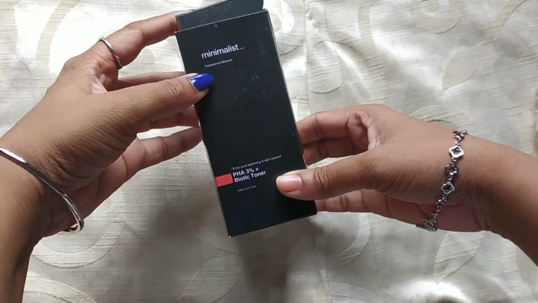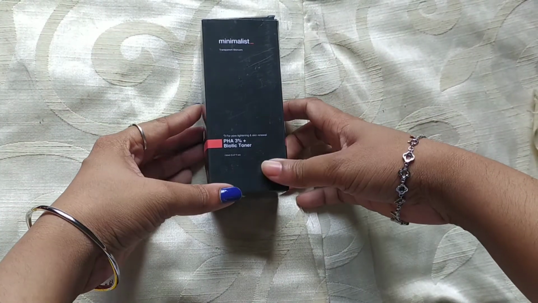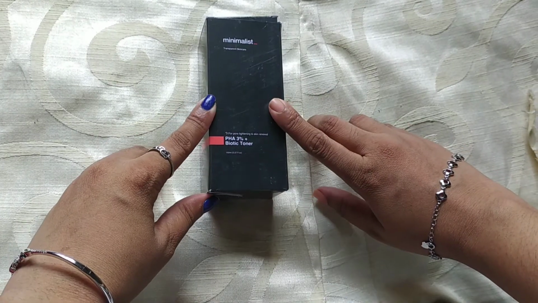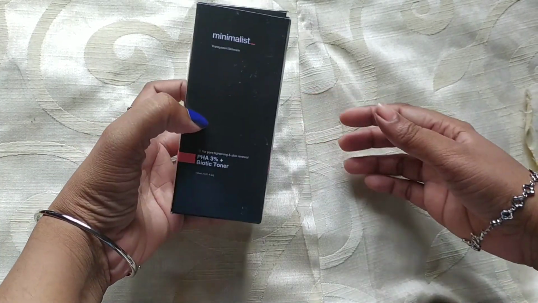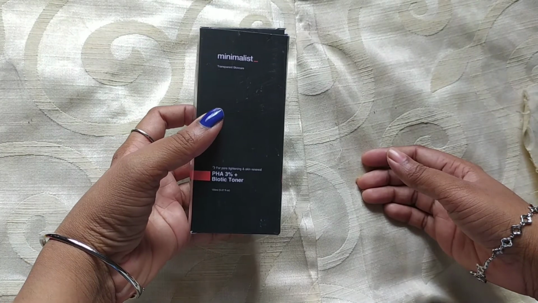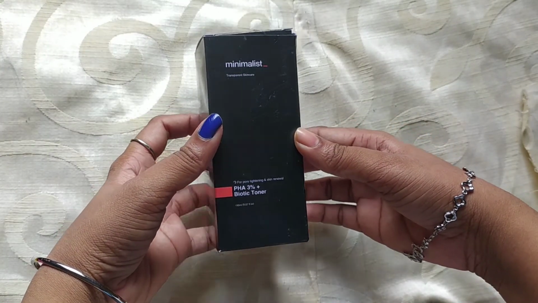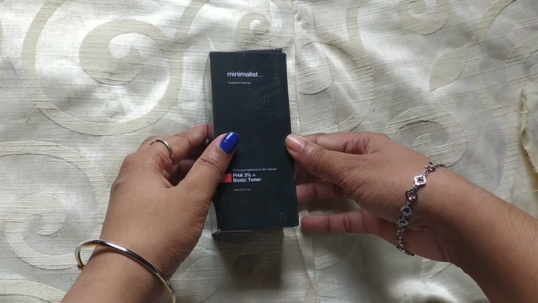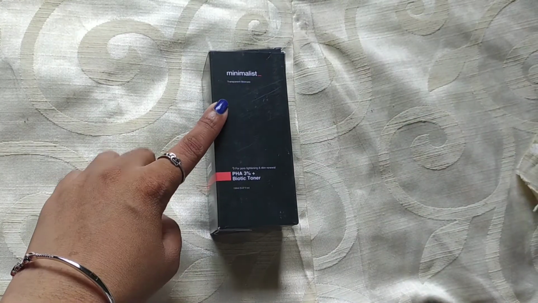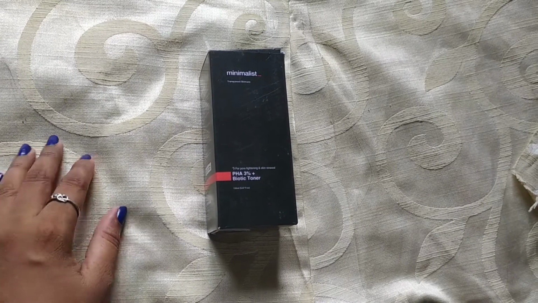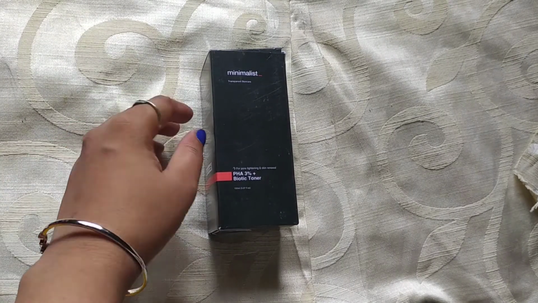Today I have the Minimalist PHA 3% and Biotic toner, a new release from the brand Minimalist. As we know, Minimalist is an Indian brand which provided some really good products in the year of 2020, and they are free from paraben, sulfate, dyes, fragrance, and essential oils. This product is available for 395 rupees for 150 ml, and yes, it's a pretty good